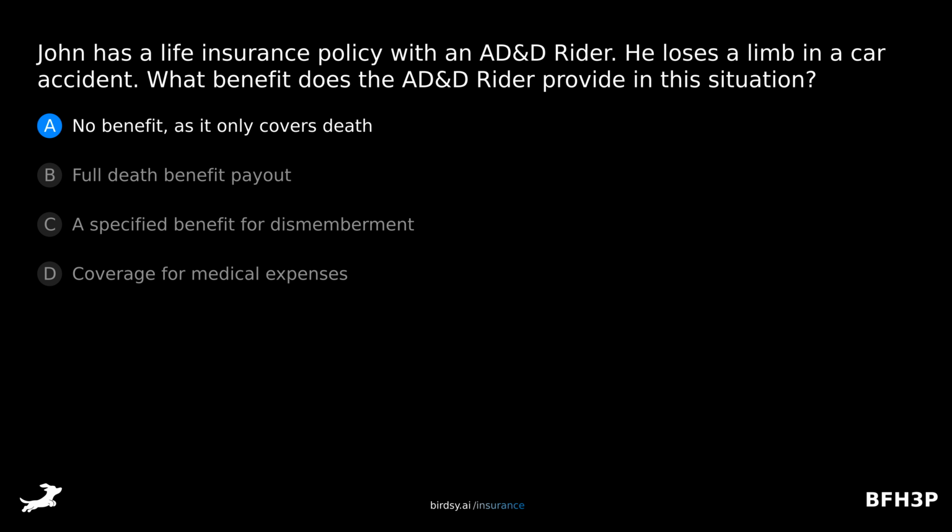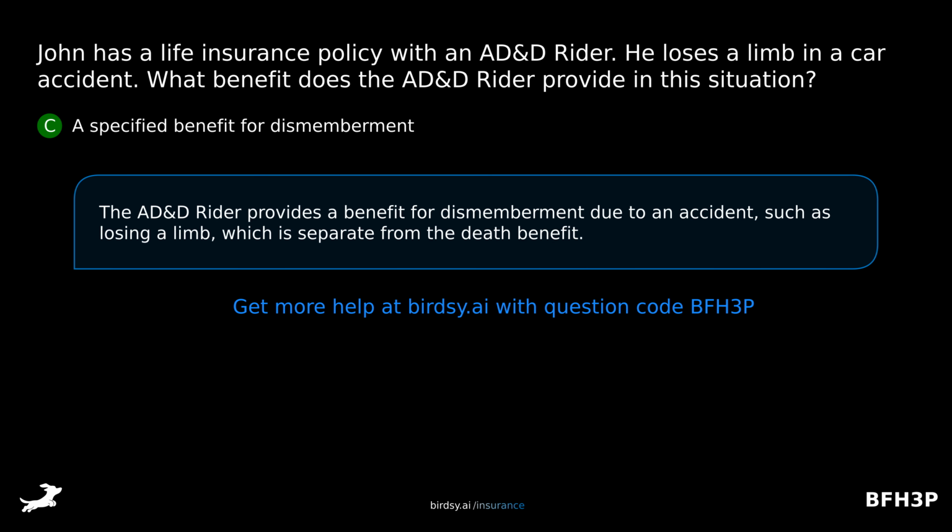Is it A, no benefit as it only covers death? B, full death benefit payout? C, a specified benefit for dismemberment? Or D, coverage for medical expenses? The answer is C, a specified benefit for dismemberment. The AD&D rider provides a benefit for dismemberment due to an accident, such as losing a limb, which is separate